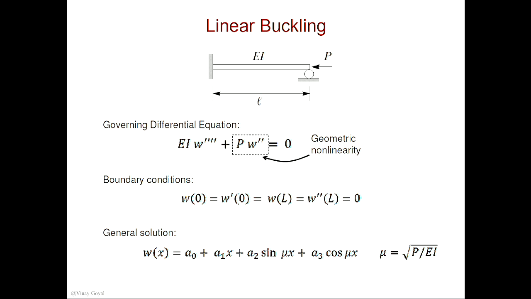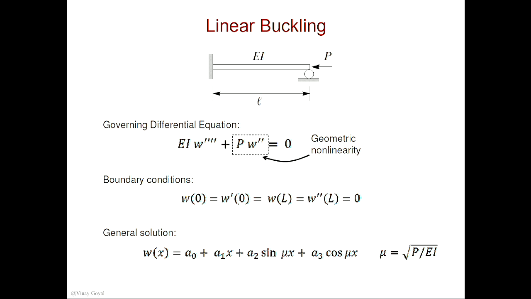So these two are 0 at this end. And at this other end, the right-hand side, there's no moments applied. You see that? So therefore, W double prime is 0. And the deflection at this end is 0. We're not applying a deflection. And so with this governing equation and with these boundary conditions, the general solution to this problem is given by